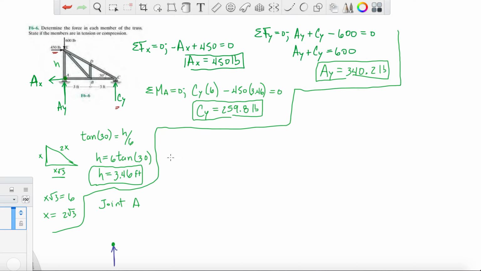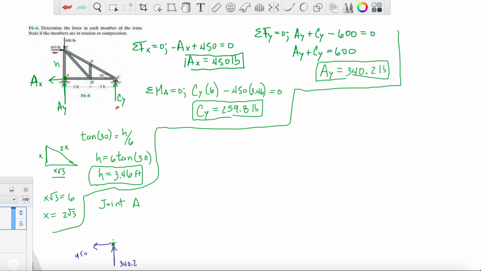All right, and all these reactions, they're all positive. So all the directions here that I assumed were correct. So you draw them just as they are. We have AY here is 340.2, and then you have AX going this way, and that's 450. Okay. So now these two members that are connected to A are going to be